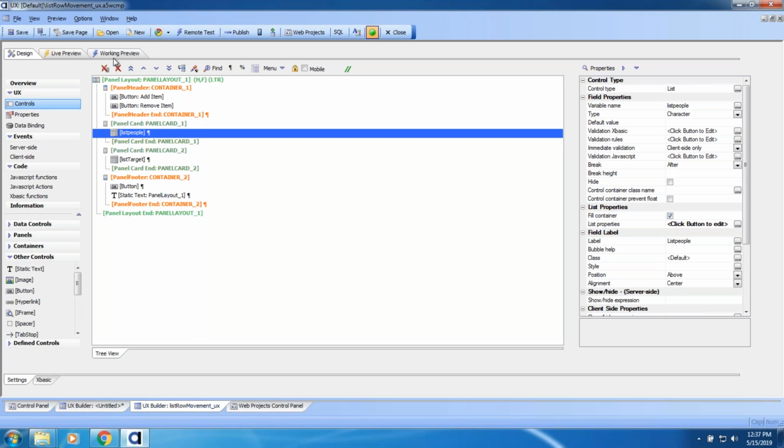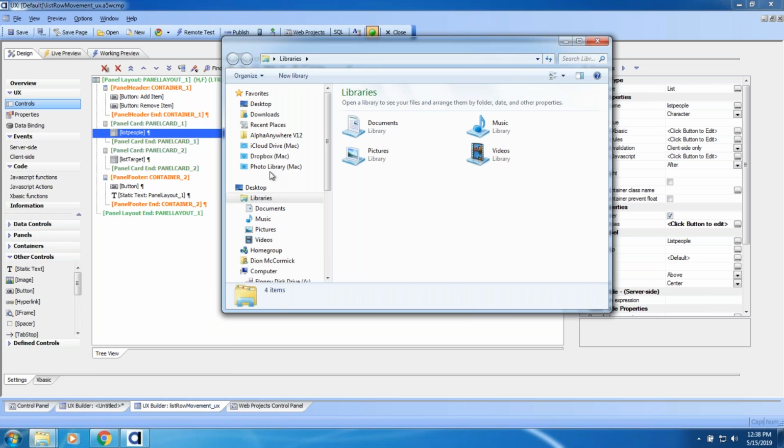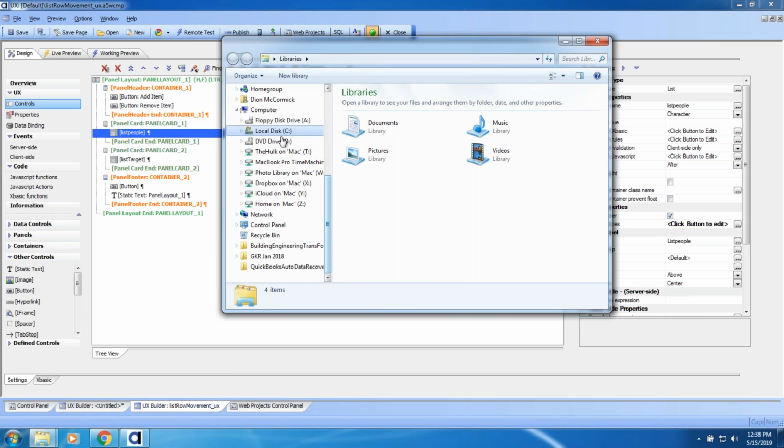Okay, so working preview is using an internal browser component built, well, it's now using Chrome, but it's built into the UX. So it's faster for rendering time. When you do live preview, what it's actually doing is copying the files out of your project to a folder on your drive. And if we go to the A5 WebRoot drive here,